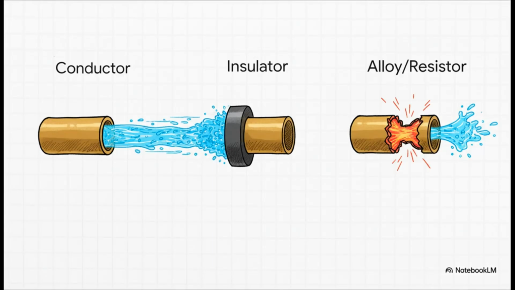Some materials, like copper, have super low resistance, which makes them fantastic conductors, perfect for wiring. Other materials, like rubber, have incredibly high resistance, making them perfect insulators to keep us safe. And then you have these cool special alloys like nichrome. They have high resistance, but they don't burn up easily, which makes them ideal for the heating elements in your